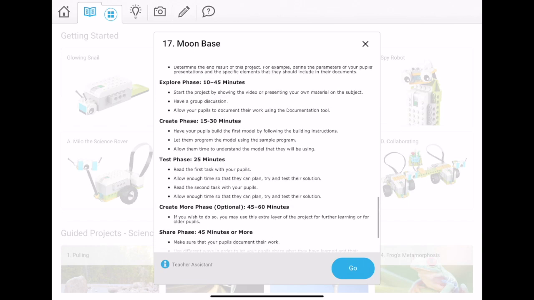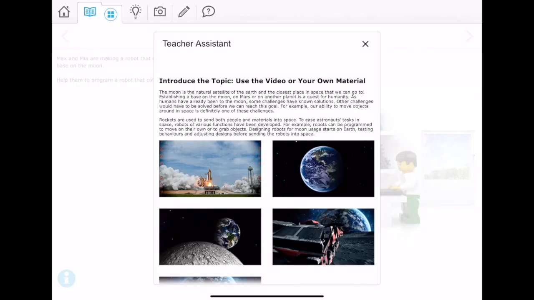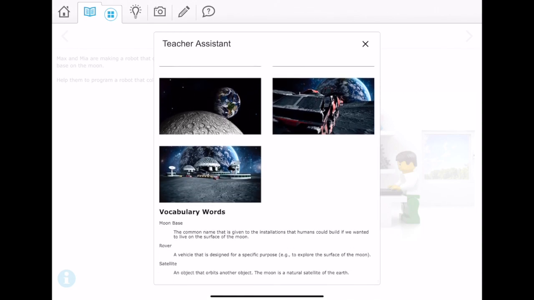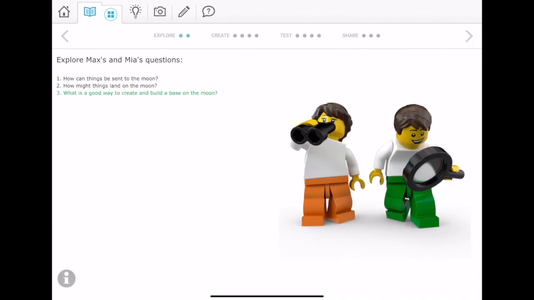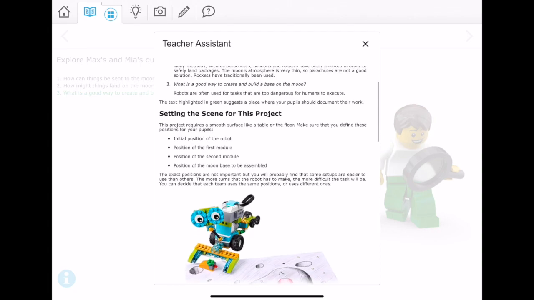So if I hit go, that launches our project, and again in the bottom left corner there's a little eye. Tapping that will bring up the appropriate teaching assistant for that particular stage of the project. So this is not something that the students are necessarily going to use. This is for you as teachers to get the most out of these projects as the students are working their